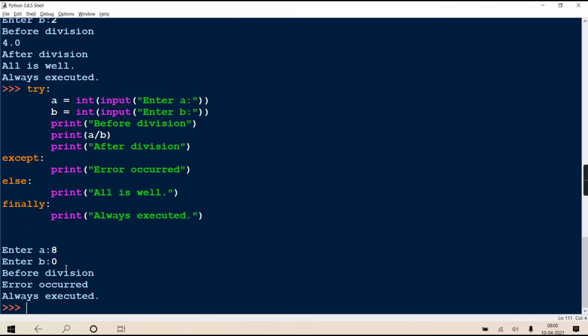Enter. See, it has given before division, then an 8 by 0 error is going to come. Therefore, the control comes to the except block. It gives "error occurred", and after that it has also executed finally. So, in short, what I want to tell you from this syntax is that finally runs in any